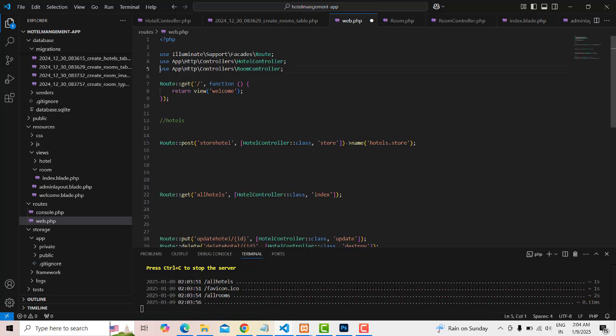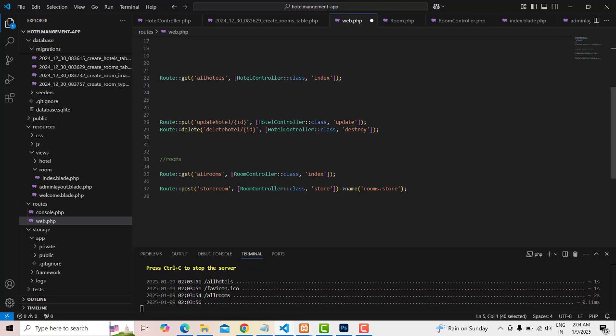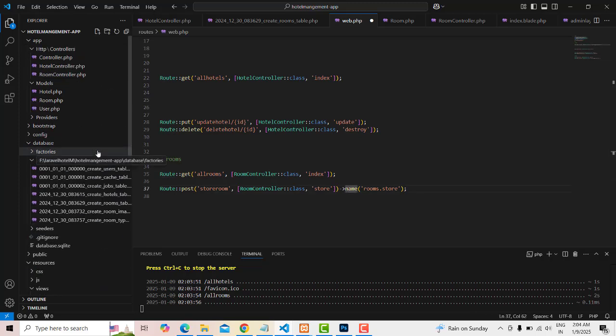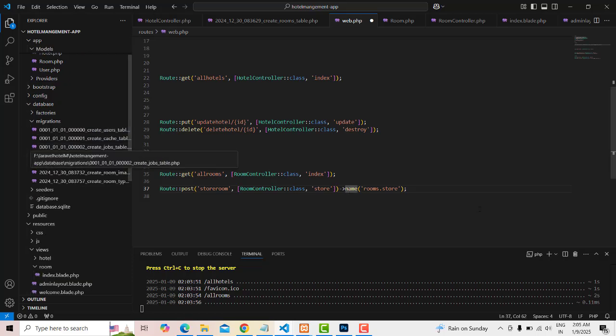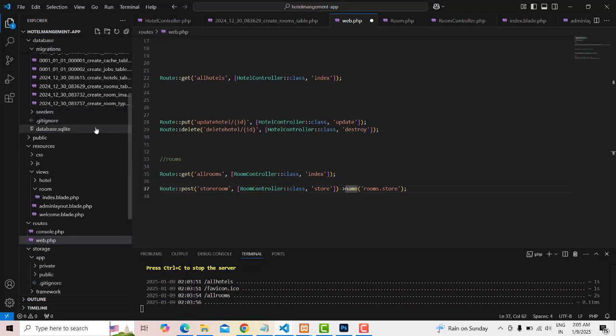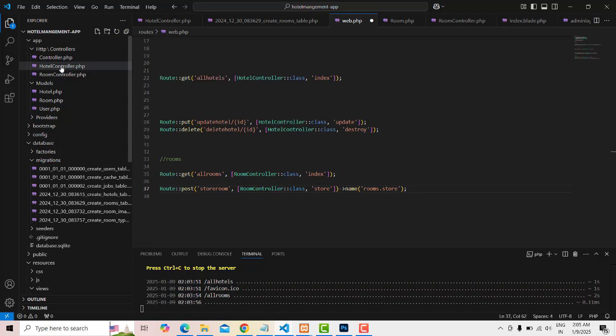Here we have defined the use App\Http\Controllers where your controller resides. This is the route we have to call when you store the data. When you store the data we have to implement this one. Before that, what I'm going to do is